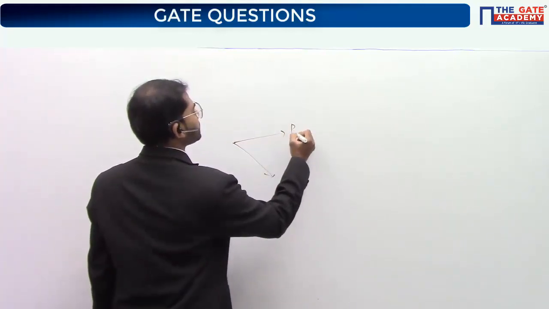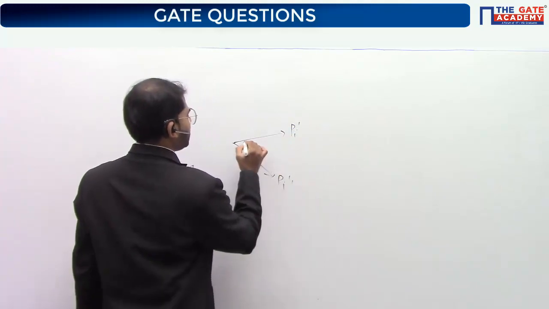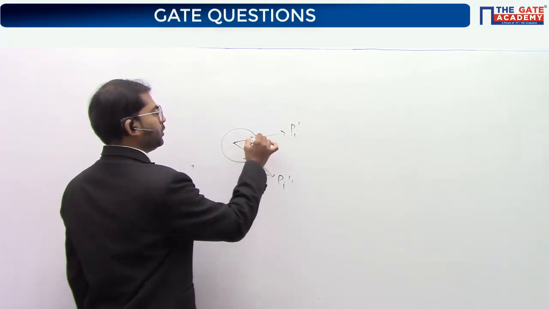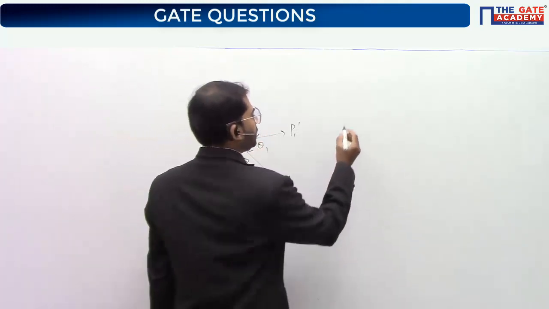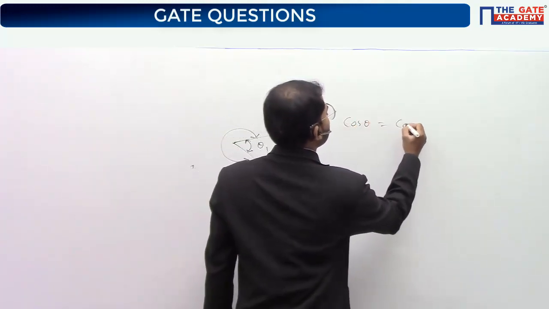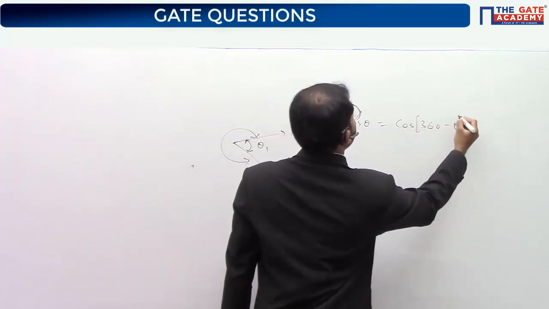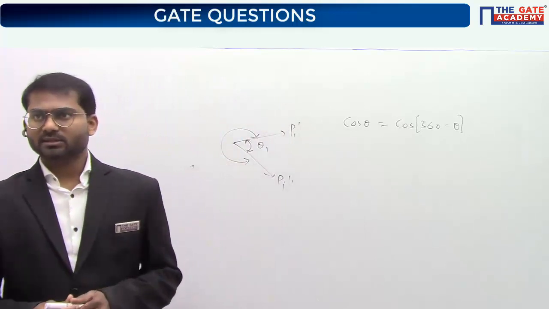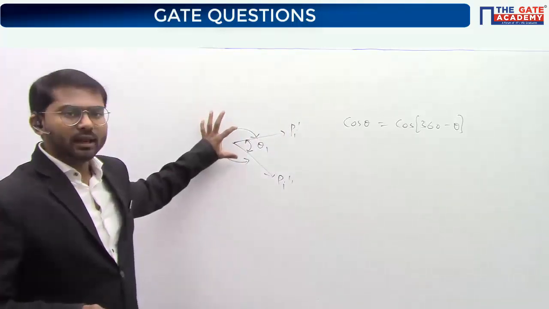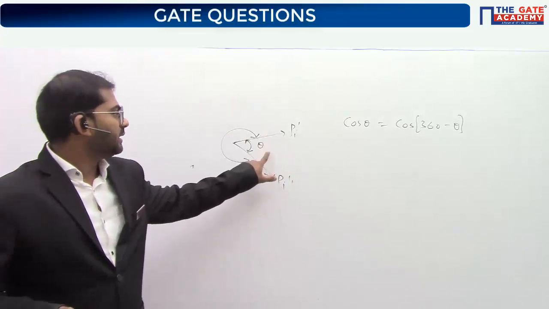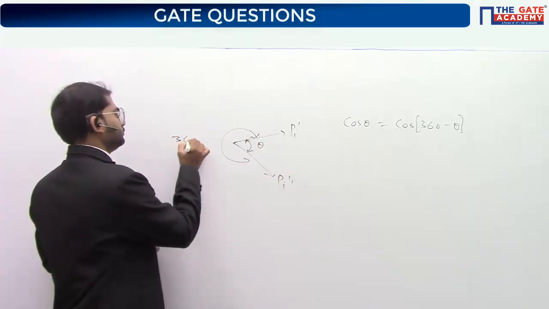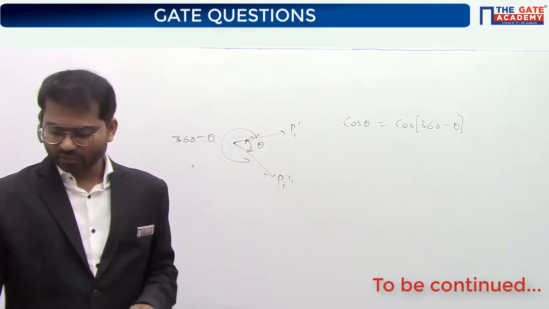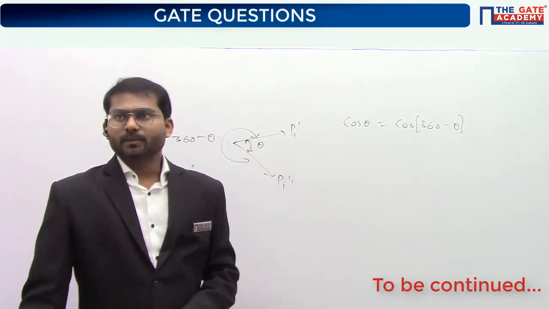For the angle between the two forces, primary and secondary, you take this value or you take this value, both will give you the same answer, because cos theta is equal to cos of 360 minus theta. You can check it with any value of theta and you'll get the same answer. That's why whether you take the outer angle or the inside angle, you will get the same. But it is advisable to take the lesser angle so that you can do the calculations faster.